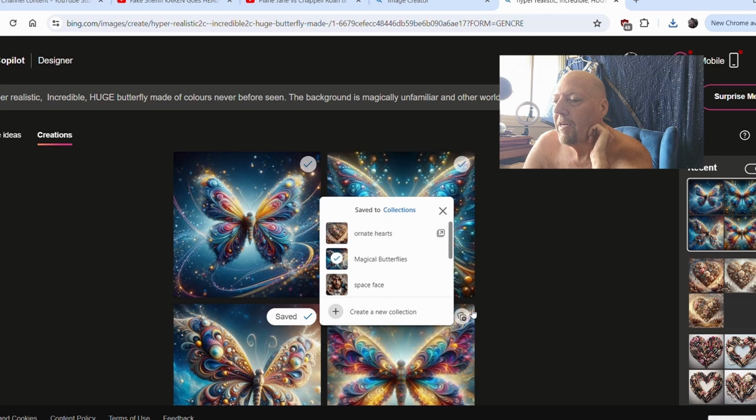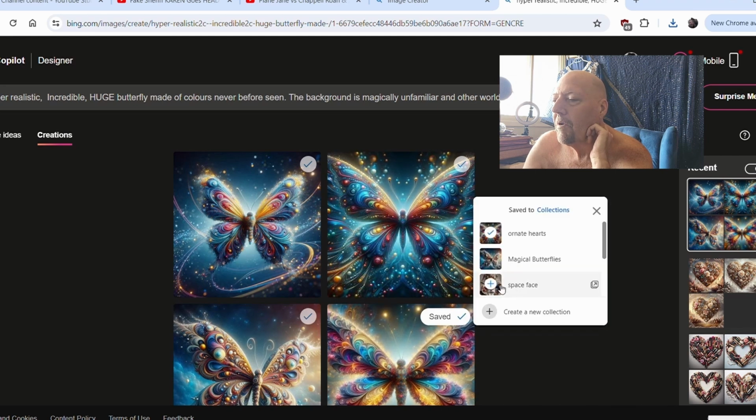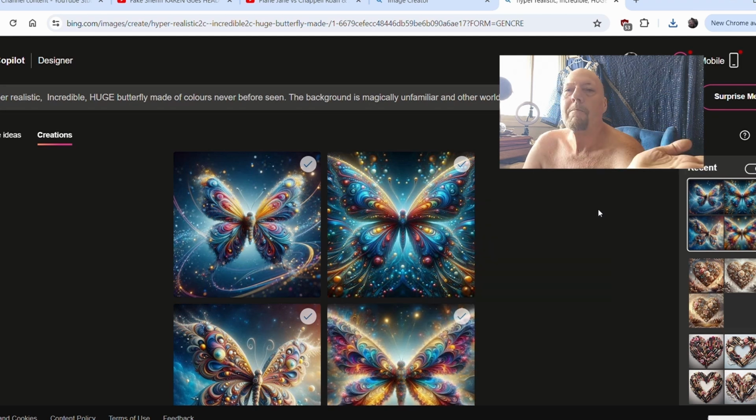There is a way to get that to, sometimes it does it on me, where it will put it right on the one I want and not that, but there we go. Saved it to the collection we wanted. So then we take that and